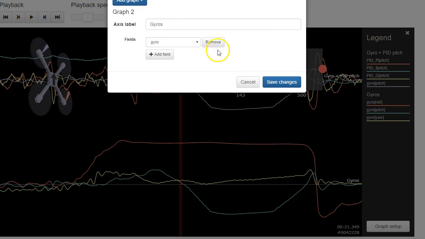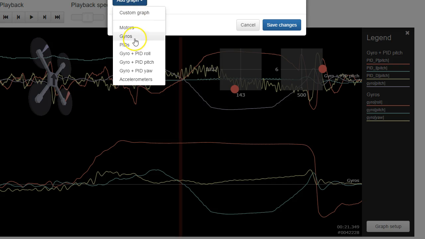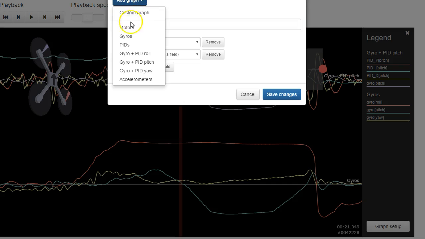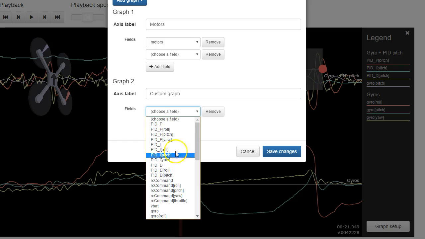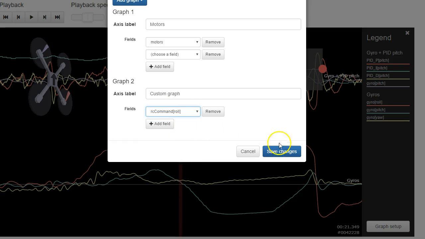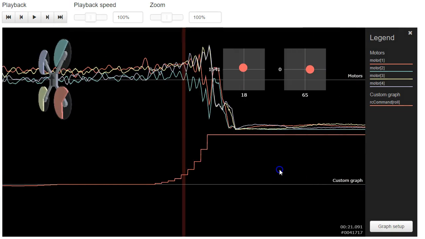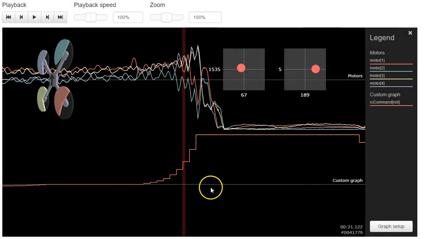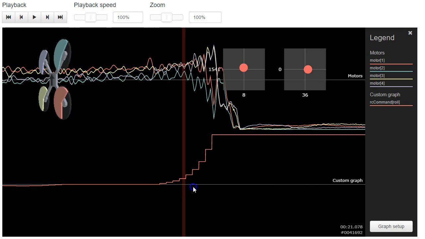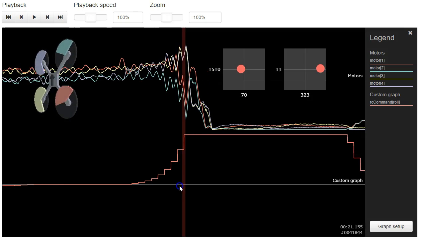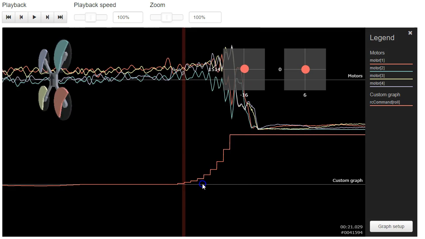And what let's do is, here's your motors, and let's also put RC command roll right here so we can see when the roll starts and ends and what happens. So here you're entering the move, and as you go to enter the move,